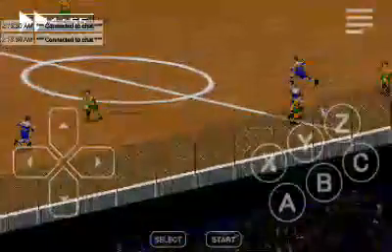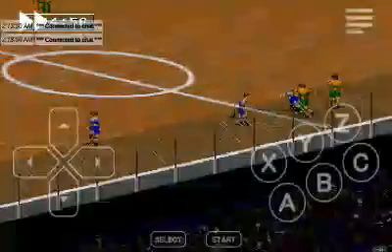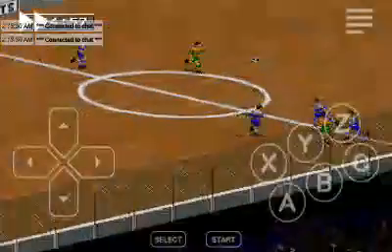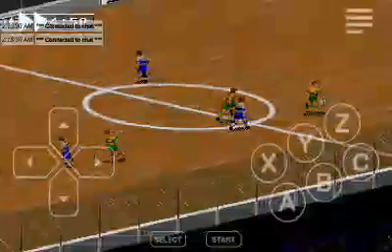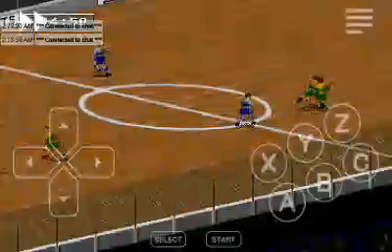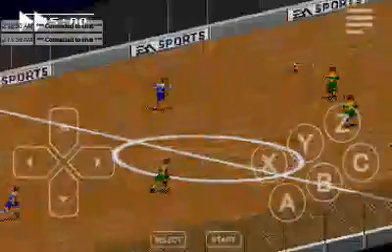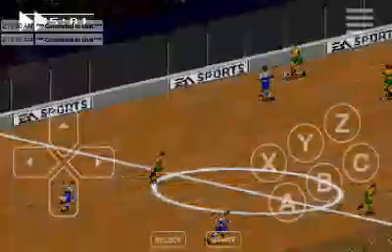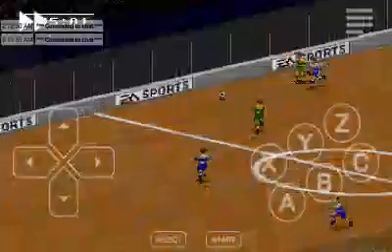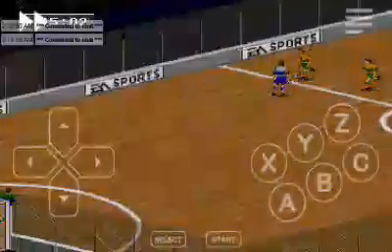Dallas recovers the ball in the center of the field. And we are closing in on our last minute of the game. Dallas pushes forward into the center of the field.